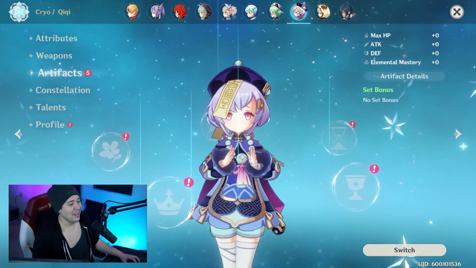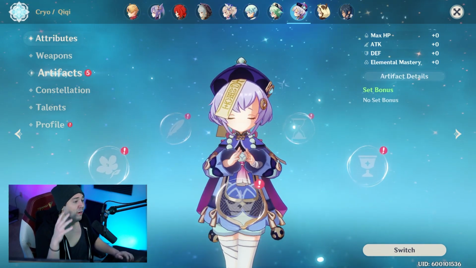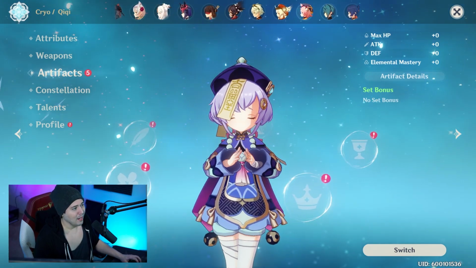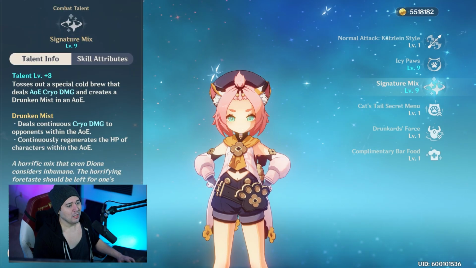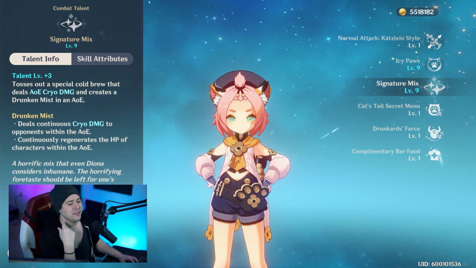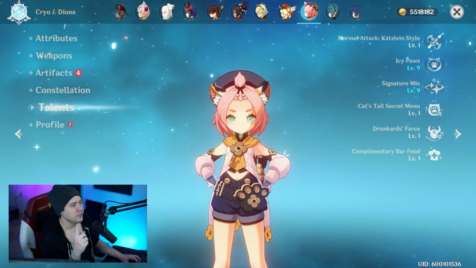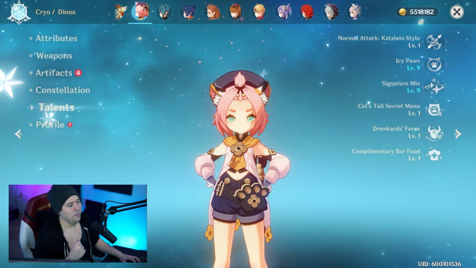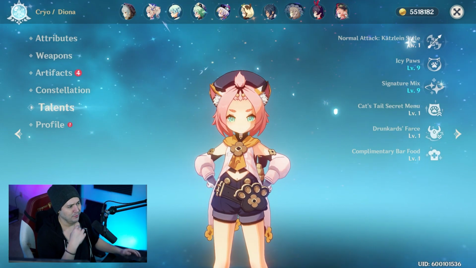I could see it working on Chi-Chi, right? Healer is cryo, works with superconduct. I've tried it on Diona, full HP build, ready to rock and roll. She does not heal enough, man, because she's only healing one person at a time with signature mix. And this doesn't really work, man, because this only heals the person who's active in the field. You really need something like Jean's Element Burst that pulses when you activate it and heals everyone, or Barbara's Element Burst that heals everyone. You need to be able to heal everyone in your team, not just your active character